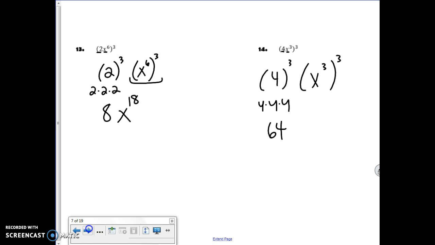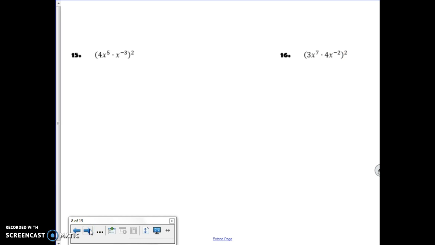And then the last thing we have to deal with is these exponents over here. Remember, you multiply them together, so we will get x to the 9th. There we go. That's power to a power. That's when you multiply them together. All right, 2 more. So, before we do anything, though, we should always see if we can simplify what's going